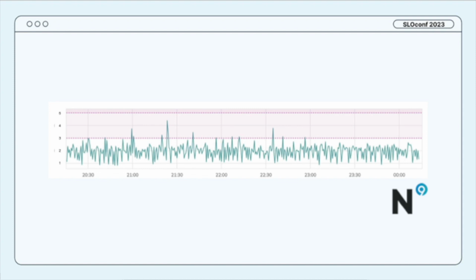So now that we have our SLI query, we're going to go ahead and put that into an SLO platform. I'm just going to continue using examples from Noble 9. So in this chart here, this is a 4-hour time window where it's charting the returns from that SLI query on a per minute basis. This is downsampled a little bit because, of course, this is 4 hours smushed into a pretty short image, but you can see here that I actually have it set to alert on anything that goes above 3%.